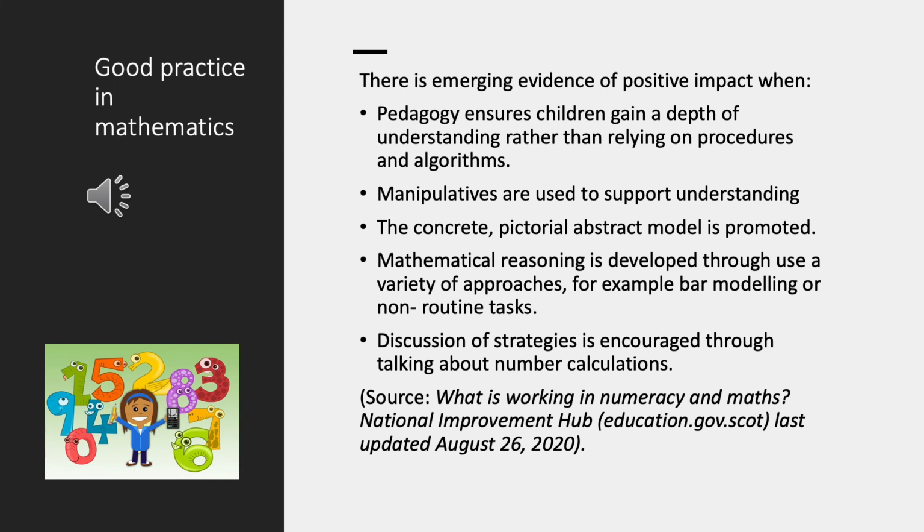So when thinking about good practice in mathematics, I took as my starting point the document What is Working in Numeracy and Maths, which is published by Education Scotland. And in that document it says that there's emerging evidence of a positive impact when pedagogy ensures children gain a depth of understanding rather than relying on procedures and algorithms. And that basically just means that children understand what they're doing in maths instead of just learning the procedures for